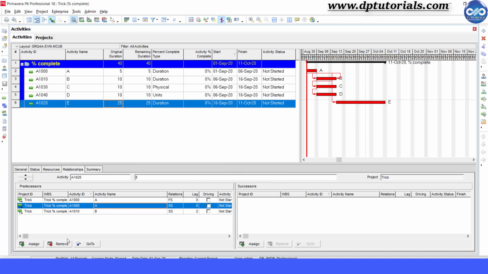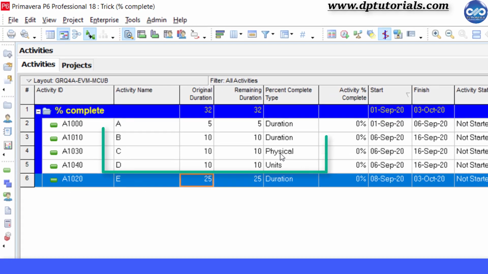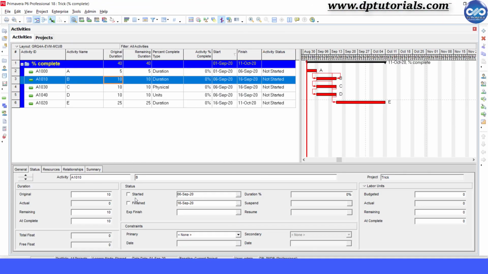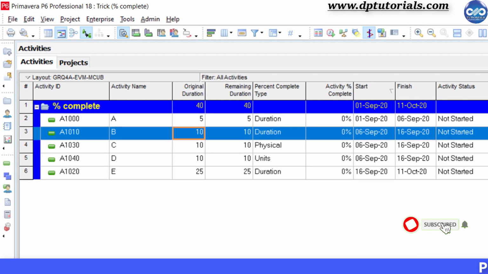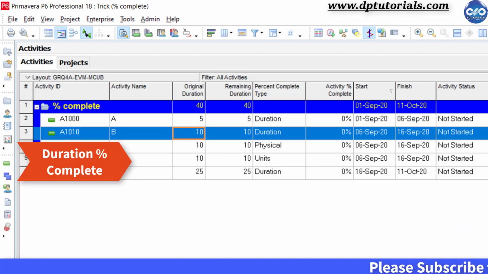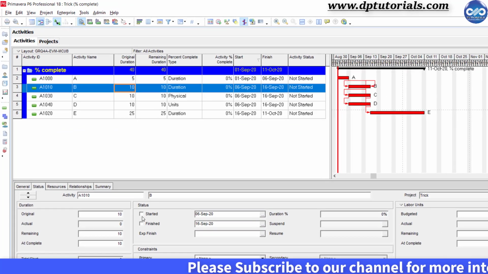Let us consider this with a small example for this video tutorial. I have activity B with duration percentage complete type, activity C with the physical percentage complete type, and activity D as unit percentage complete type. These three have the same duration of 10 days, starting and finishing on the same days, that is 6th September to 16th September. First, assume that activity B has started on 6th September and let's mark it as started in